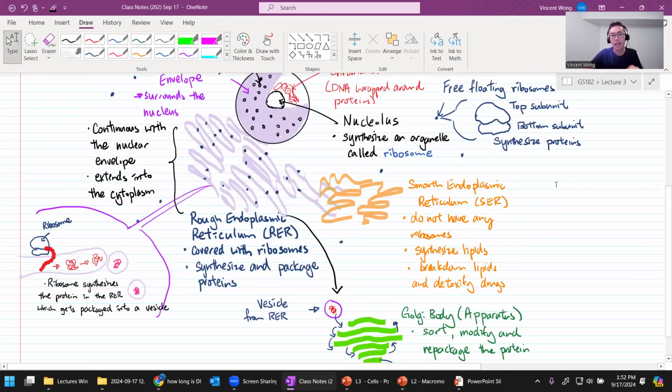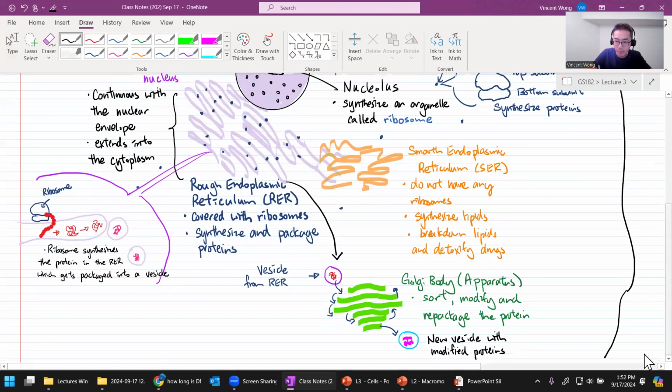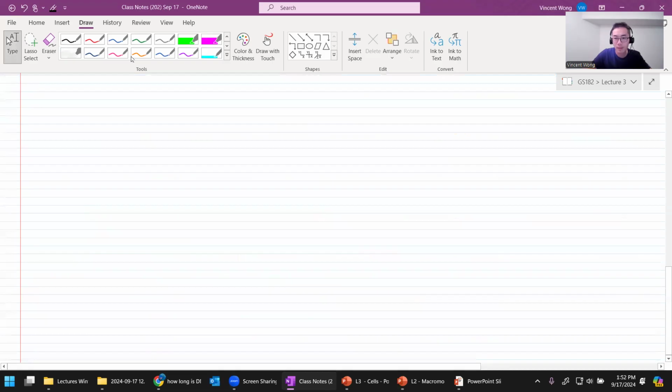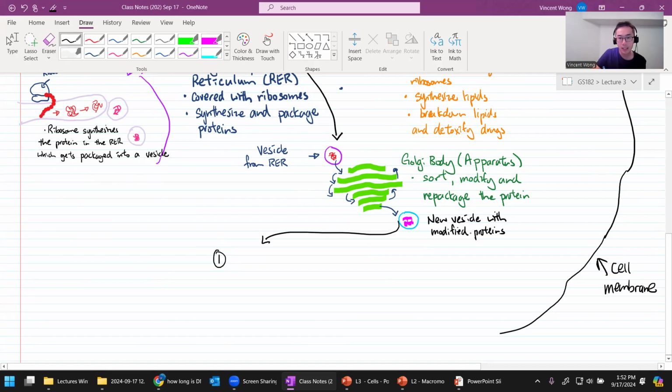So look, listen, we are looking into the inside of the cell, and here is actually the cell membrane. I didn't really draw it out earlier, but here is the cell membrane. There we go. So I'm going to tell you what's going to happen to this vesicle. A couple of things can happen. Number one, these are in no particular order, I'm just writing them down as they come to my mind. Number one, the vesicle can stay in the cytoplasm